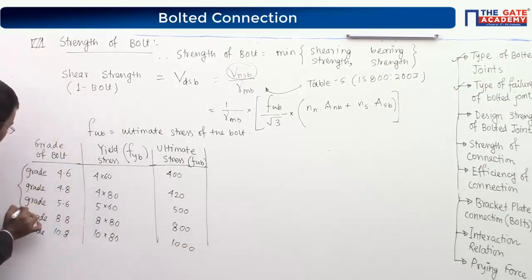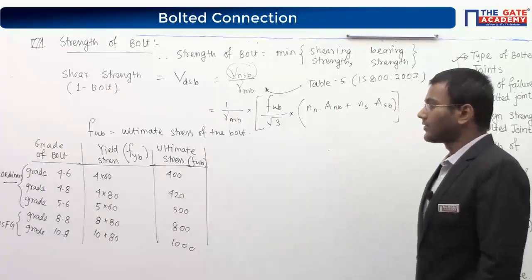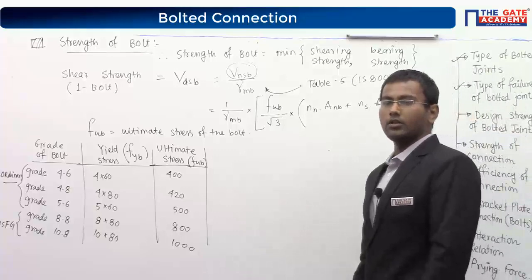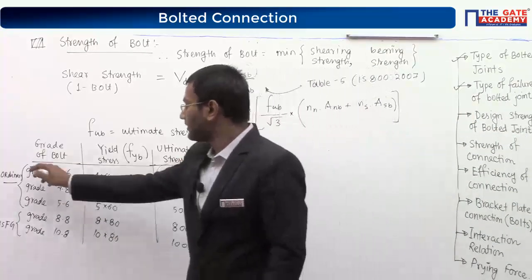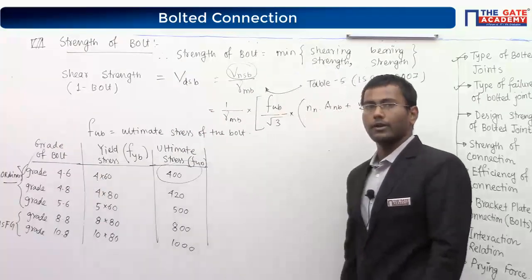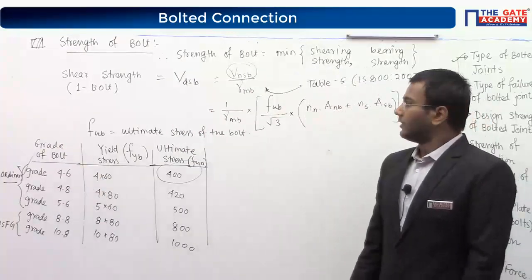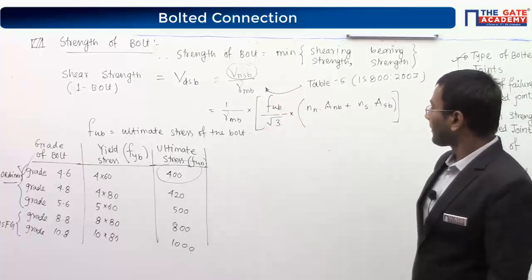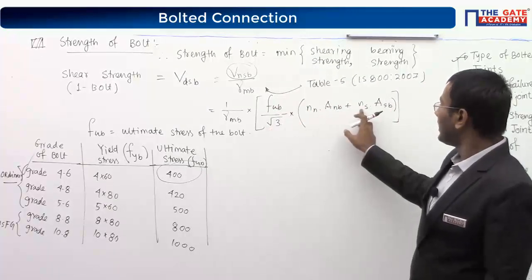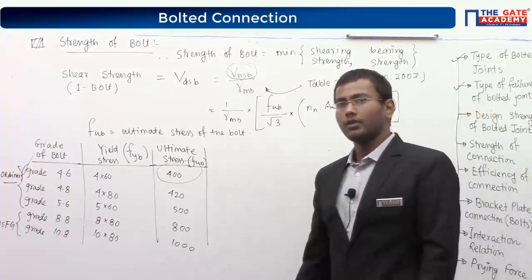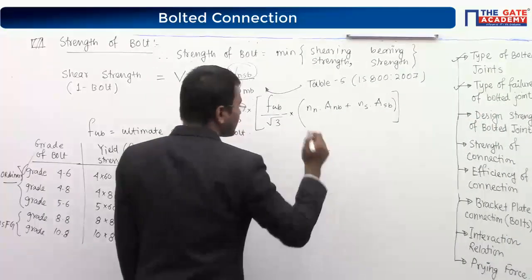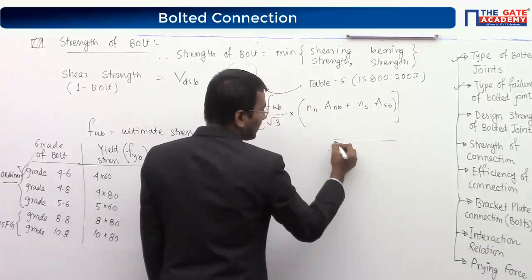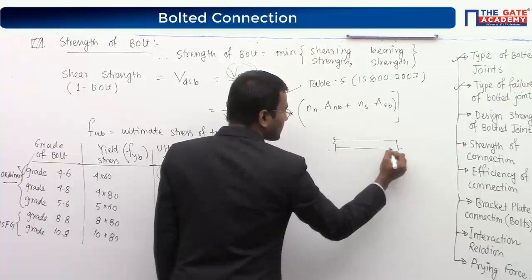Among these, the first ones are actually your ordinary bolts, and this is your HSFG bolts, right? Ordinary bolts, and this is your HSFG bolts. Now in our steel structure point, only grade 4.6 is sufficient, because all the questions will come from grade 4.6, right? So F of UB we have done. Next one, NN, ANB, NS, ASB. Now what is the meaning of these things? So again, shearing strength or shear failure we are considering. So let us try to just look at the diagram. Don't write down, just look at the diagram first.